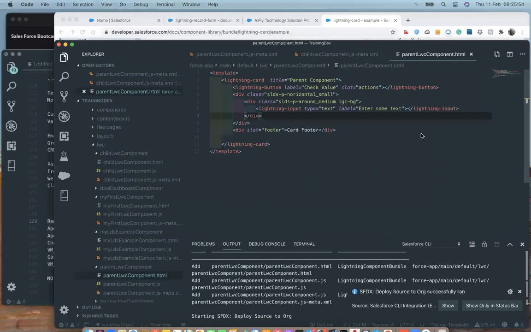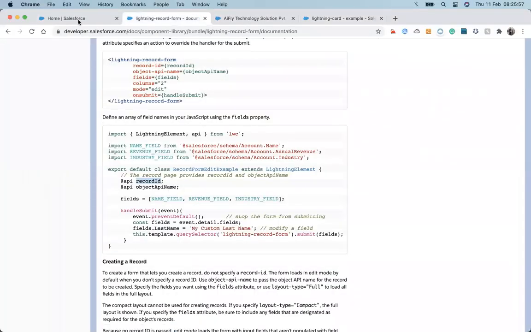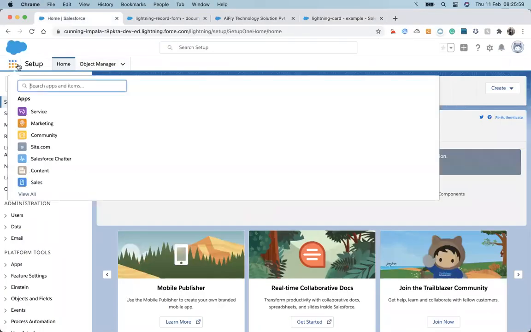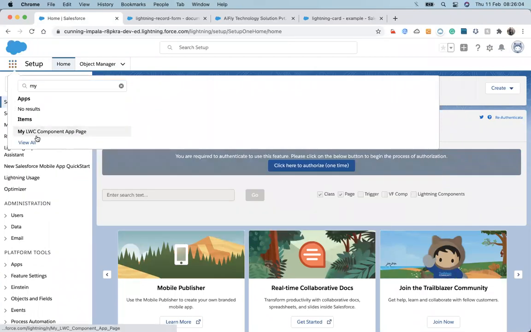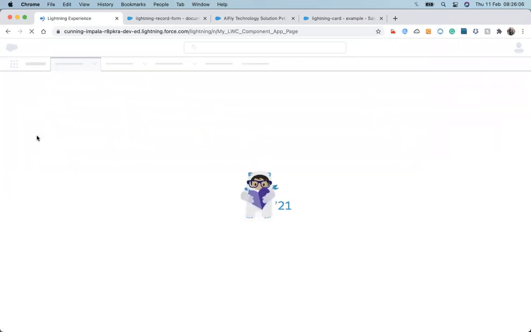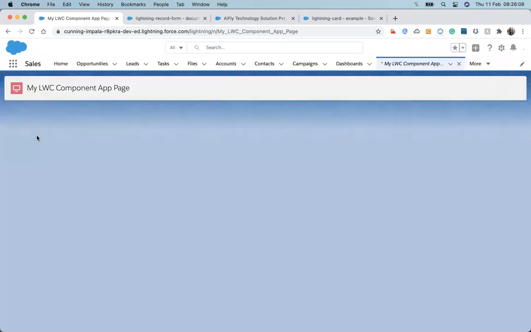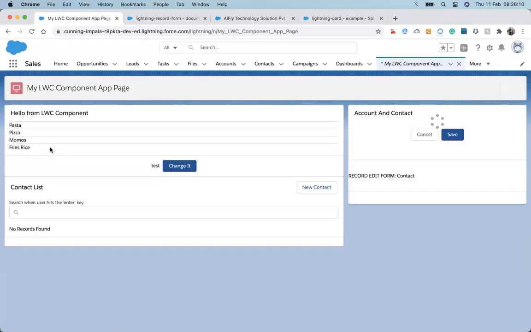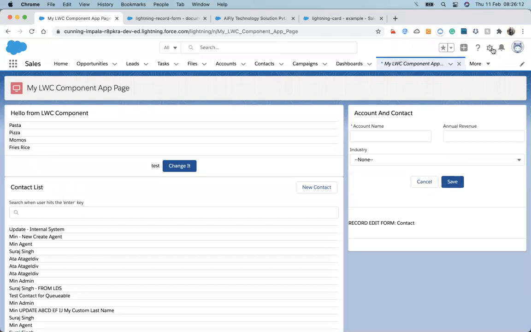Okay, it's done. Let's have a look up here. Let's add that to our page, my LWC component app page. Let's edit and add it here.